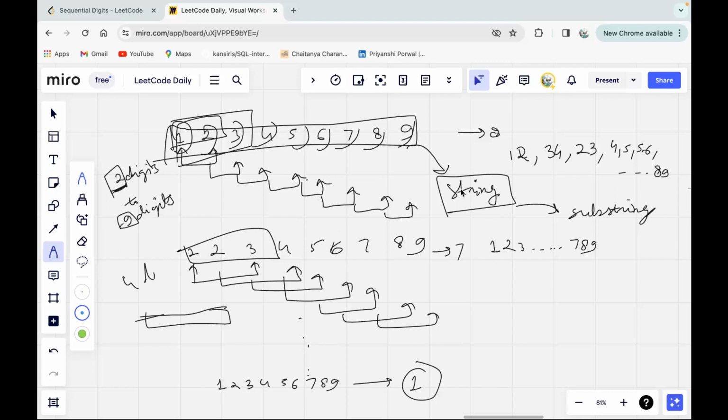So from this string I want substrings of length 2, length 3, length 4, and up to length 9, correct? This is basically how we can generate all these numbers which have sequential digits, right? So now we have understood how we can do this, right? Instead of